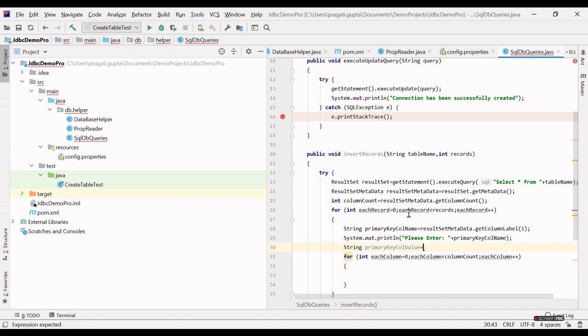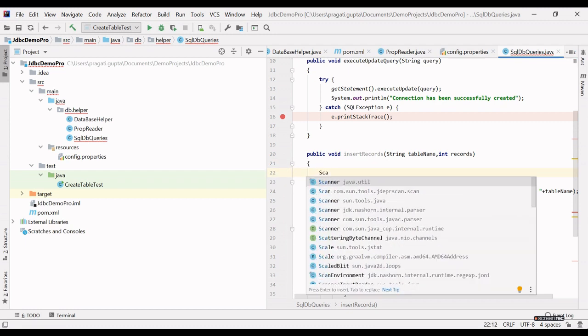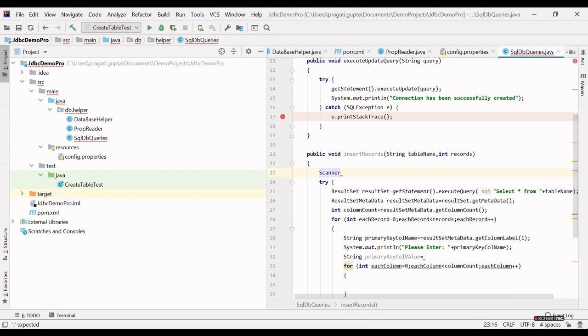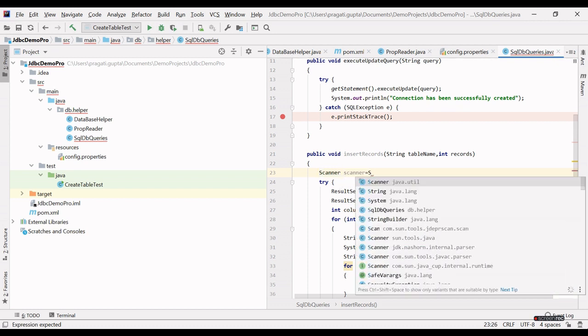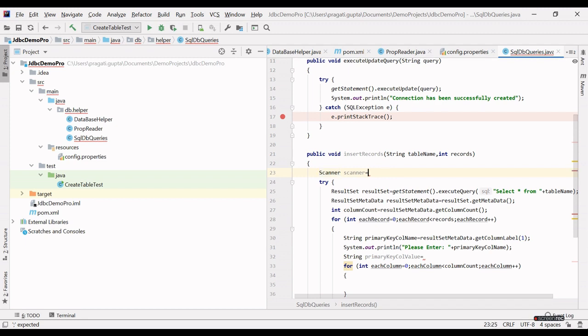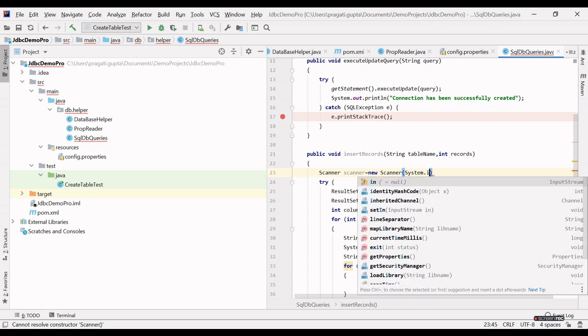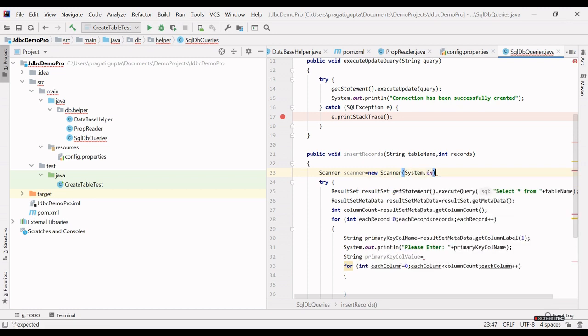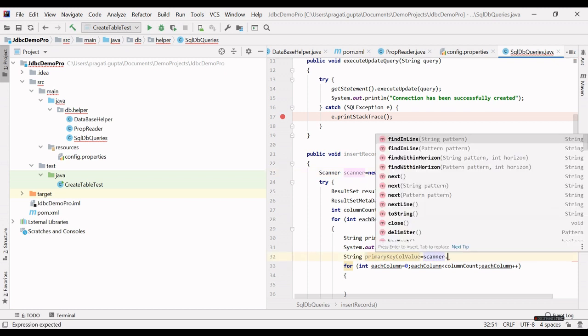How we can take input from the user? By creating scanner object. From scanner we can get input from the user.